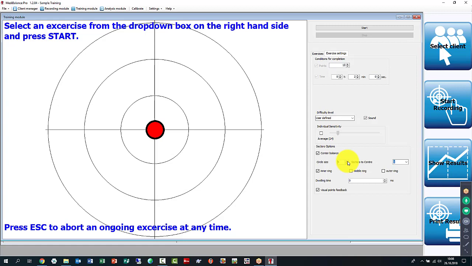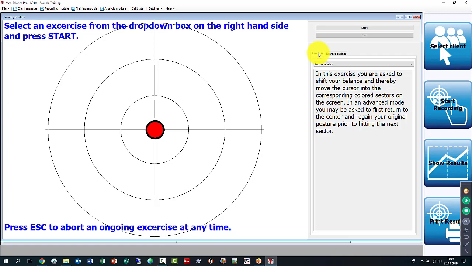Do you just want to play in the inner ring, or do you want to have the middle ring, which would automatically come if you choose a harder level? So you always have easy, intermediate, difficult, or user defined. As soon as you make adjustments in here, it becomes a user defined setting. So now I go back to the exercise. Usually you would just start with easy and see how your client performs on that, and then go to intermediate